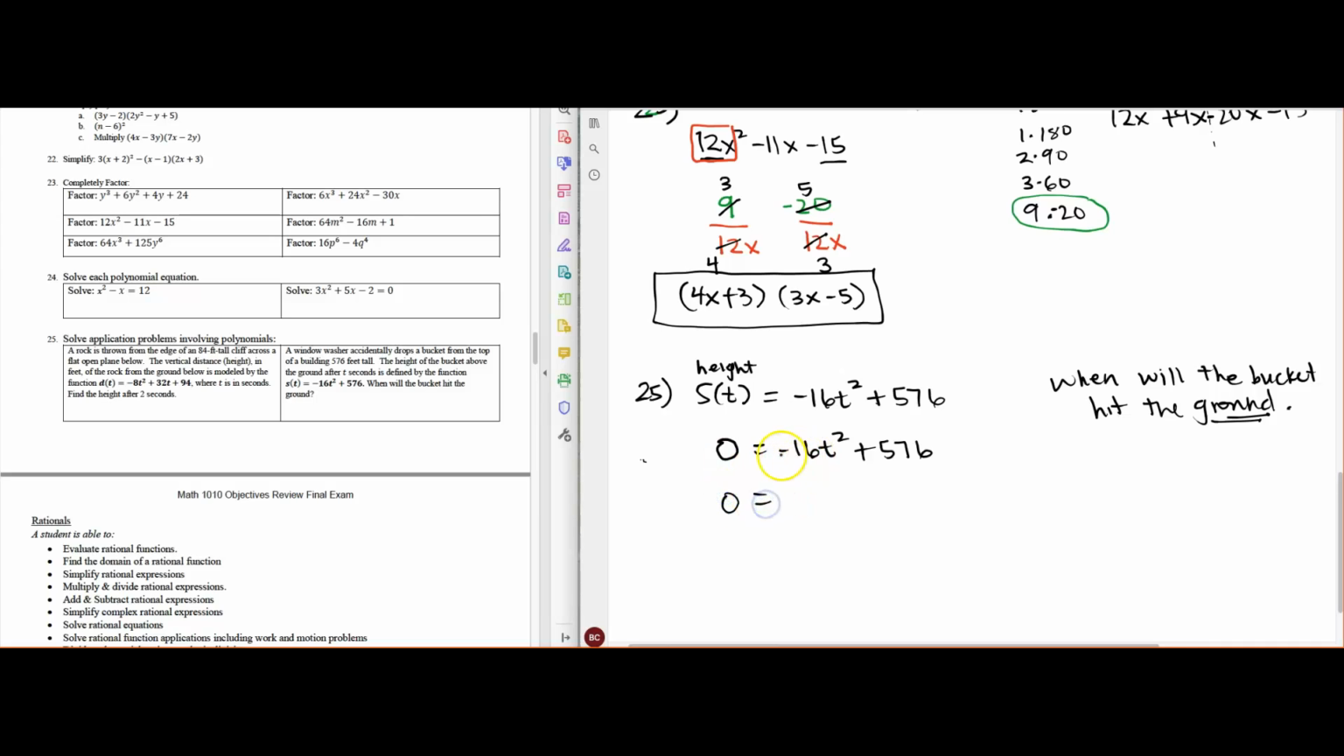So if we take out our greatest common factor of negative 16, then that's going to leave me with t squared minus 36, because 576 divided by negative 16 is negative 36. Okay. And then I want to keep factoring that. You see that's a difference of squares. So that's going to be t plus 6 and t minus 6. And then if I set each part equal to 0,